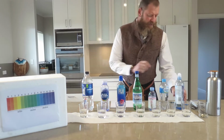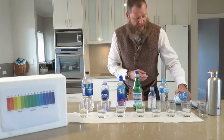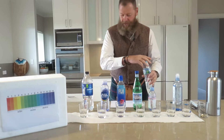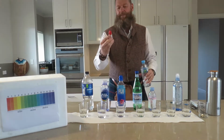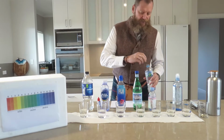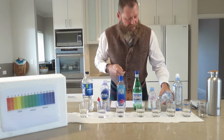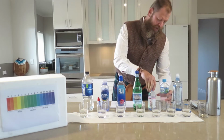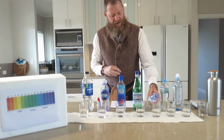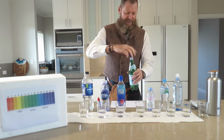What I've done is I've just put some samples of about 1 inch in every glass. And the reason why I'm doing that is because I'm going to be using these pH drops to give me an indicator or a reading as to how acidic or how alkaline the water is. I'm taking average bottles of water that we will get from any store, and I'm using this as an example